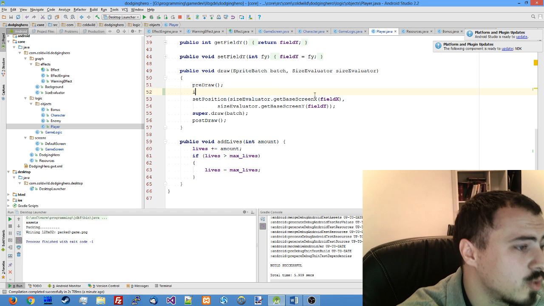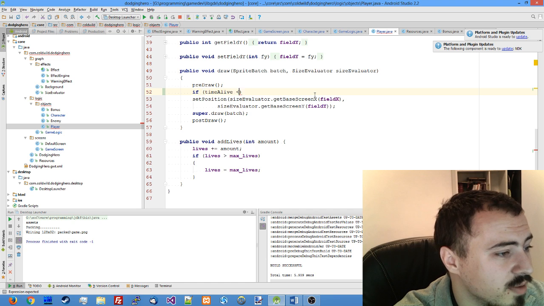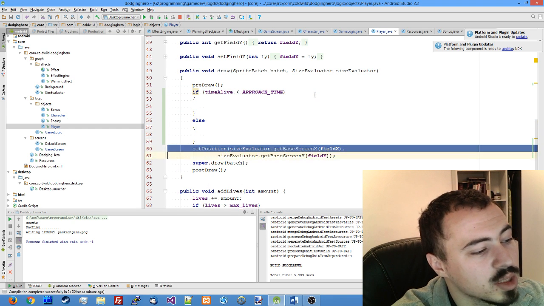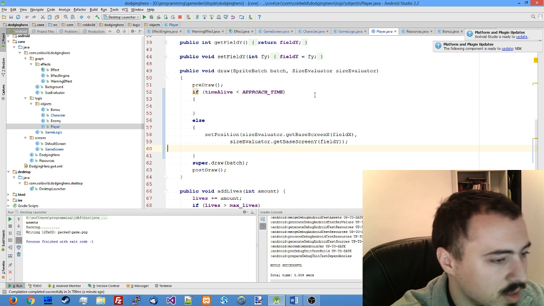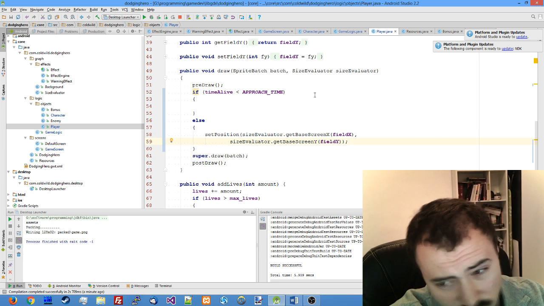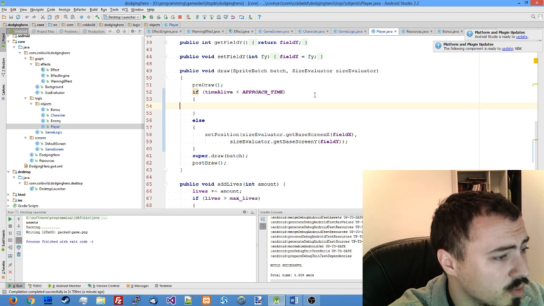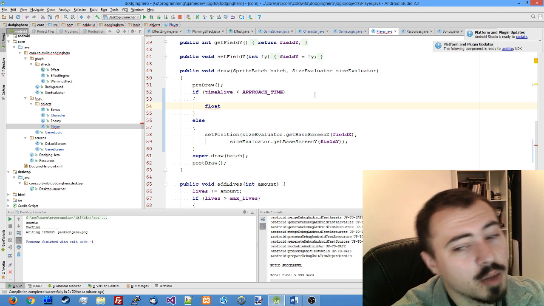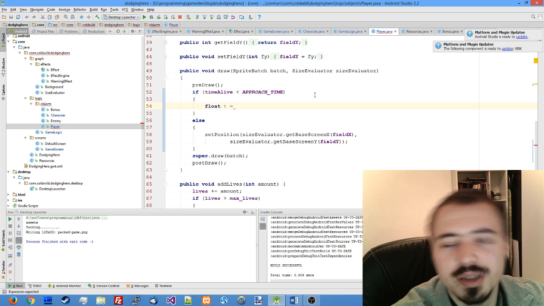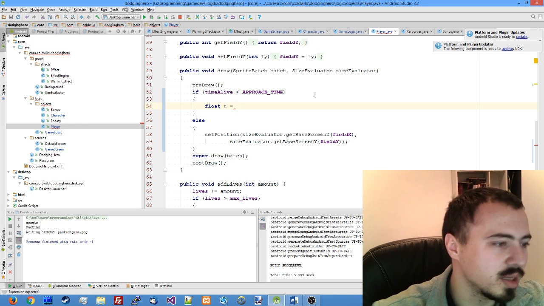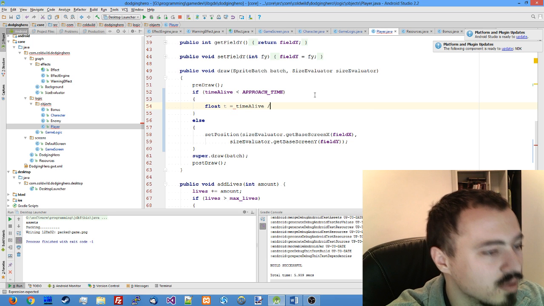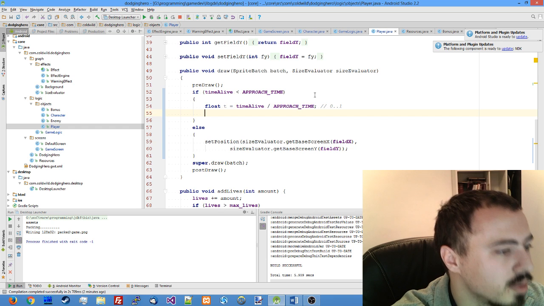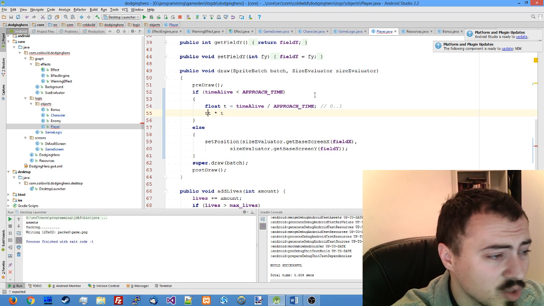We just modify our draw function. If time alive is less than approach time, then the player is going to be approaching, else we just set position as we did before, and no harm done. This thing remains the same as it was. But while the player is approaching, we will use the easing function, the same one as the previous time, the quadratic easing function. We take the time alive divided by approach time, and we get something from 0 to 1. Then we square it,